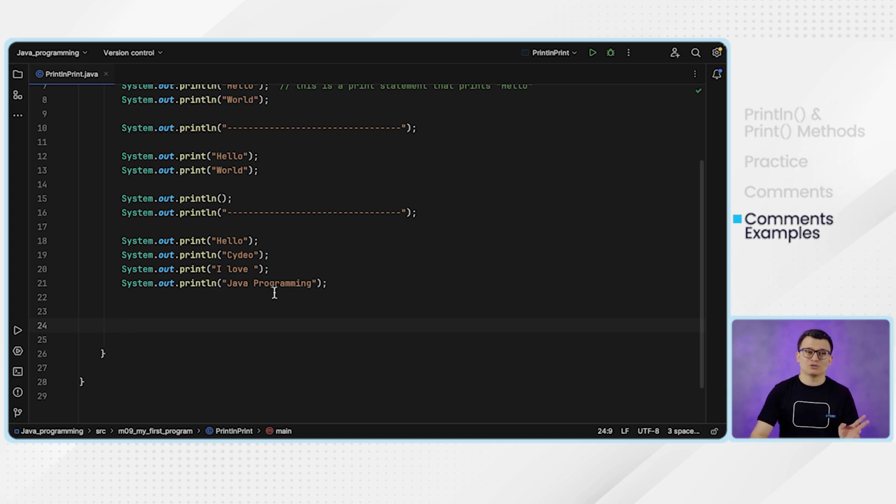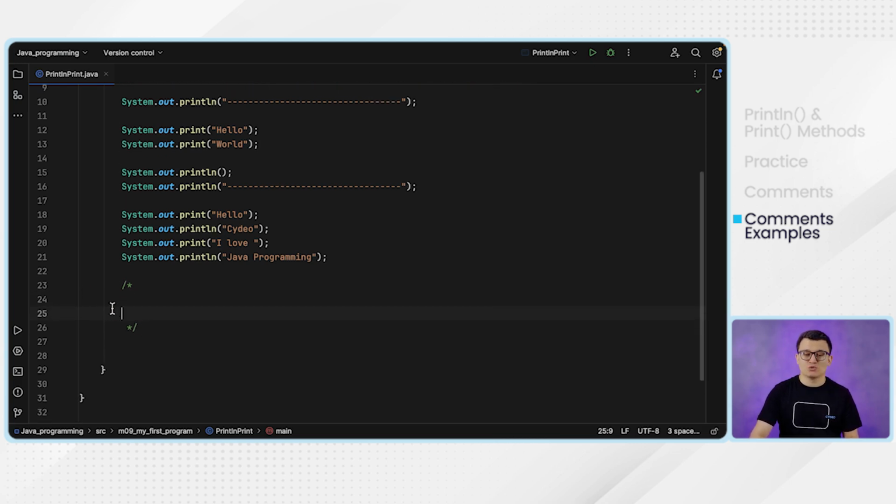To start the multi-line comment, you always start it with forward slash and asterisk. And IntelliJ is a very smart tool. As soon as you give forward slash and asterisk and hit the enter key, it will automatically give you the closing of the multi-line comment. Which means you could take as many lines as you want between this opening and closing of the multi-line comment. So for example, here I can give comments like I have learned